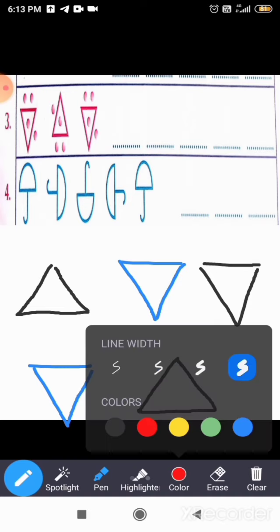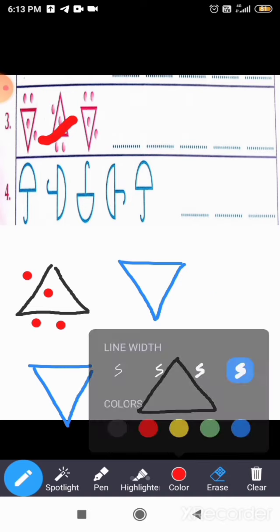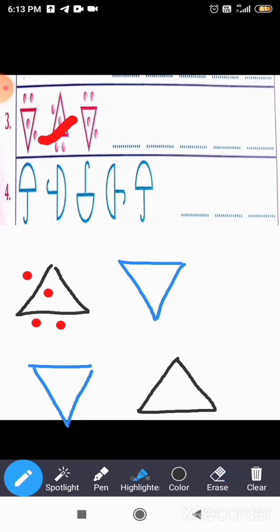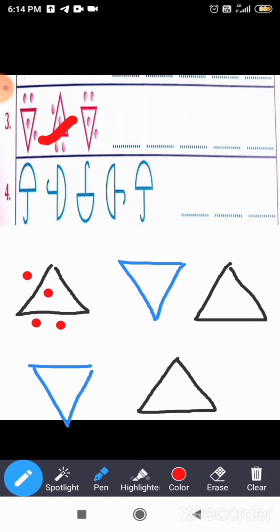Now we have to see how the dots will come. So in the second one, how the dots are there, one is inside, one is here, and two down. One inside. This triangle I have made wrong, so I'll make it again. It should be like this. Okay, so how we are going to put dot, one inside, one out, and two down. One inside, one out, and two down.